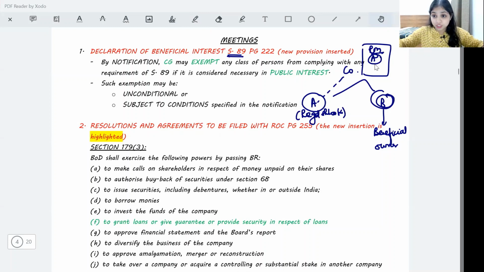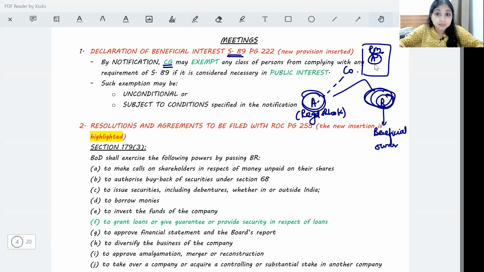The new provision, the latest amendment in relation to section 89, gives a power to the central government. What power? That the central government can exempt some people from following this section 89. The central government can exempt some persons that even though you are beneficial owner, even though you don't have the benefit, even though you don't have actual interest in shares, even though somebody else is beneficial owner, even though your name is not in the register of members, but you have beneficial interest, you need not disclose all this to